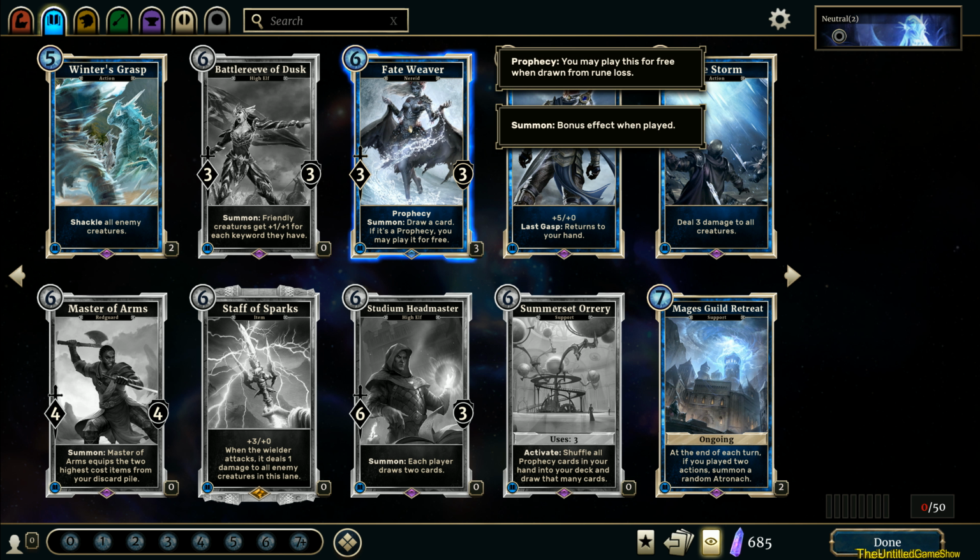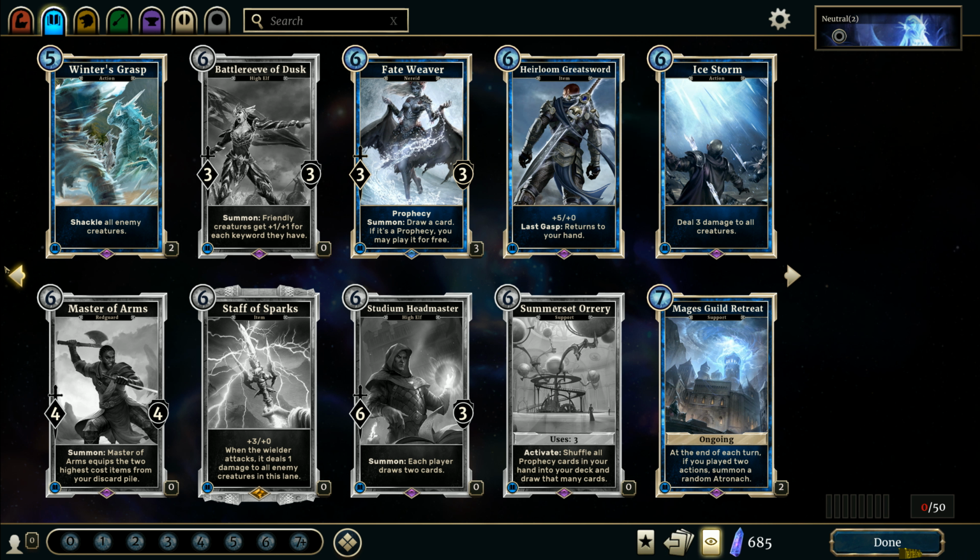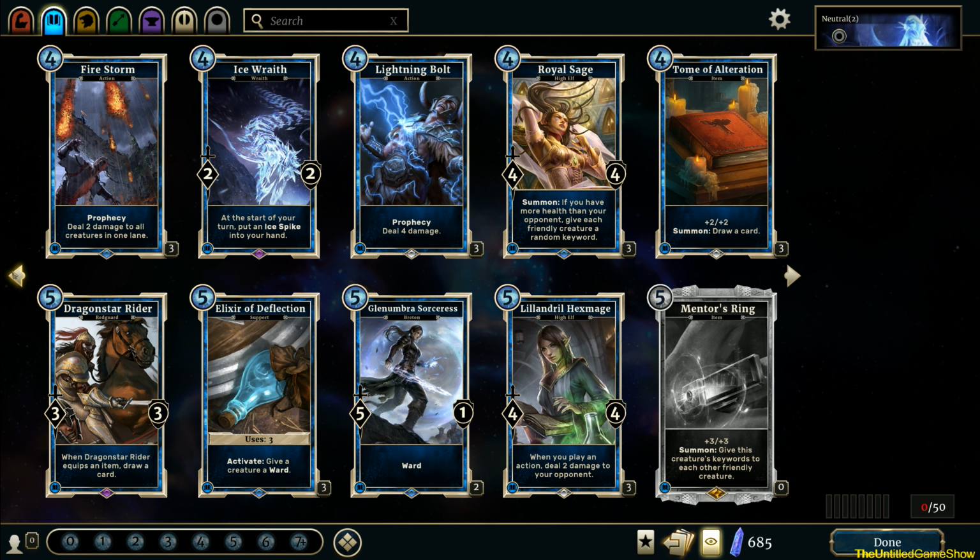If you want to play Prophecies, you could use her right here. I see people use this card. It's personally not my favorite card to use, but if you want a deck that draws a lot of cards, this is an option. As you've already seen, there's a lot of different ways to get cards in this deck